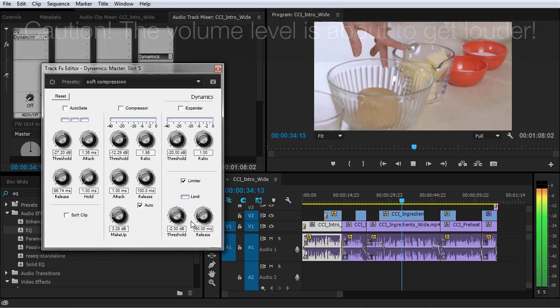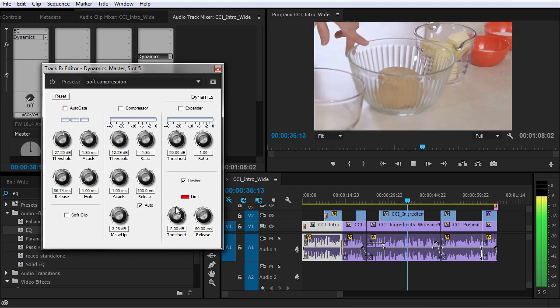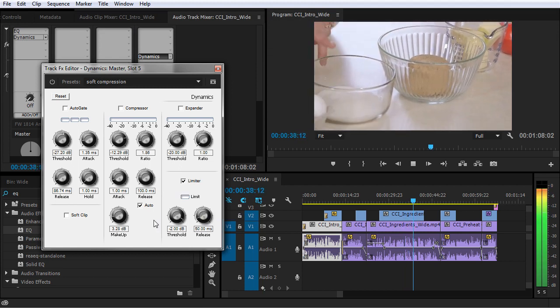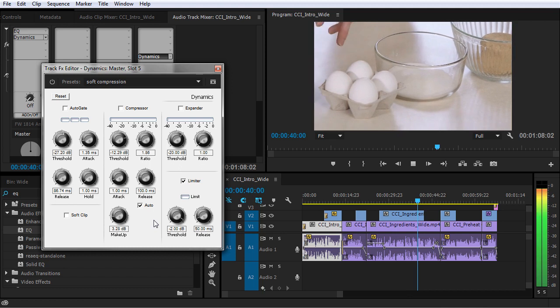happen. Of melted butter, 1 cup of packed brown sugar, half a cup of white sugar, 1 egg and 1